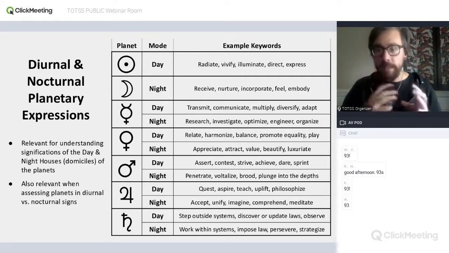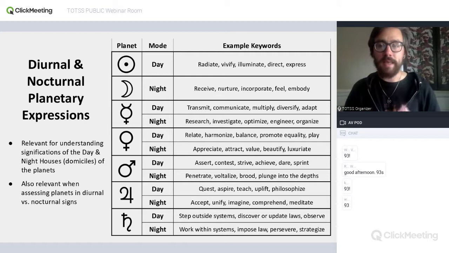Now, it would be a little bit of an oversimplification to say that the sun only has a day mode and that the moon only has a night mode, but that's at least close to the truth. The moon takes on some qualities that are similar to having both a day and a night expression in terms of her phase.